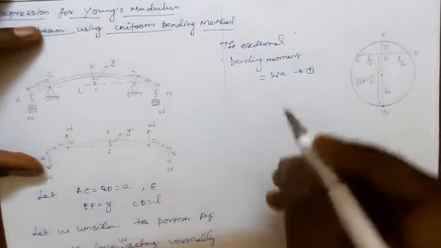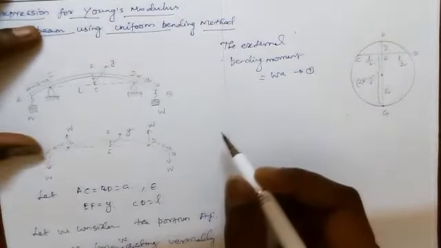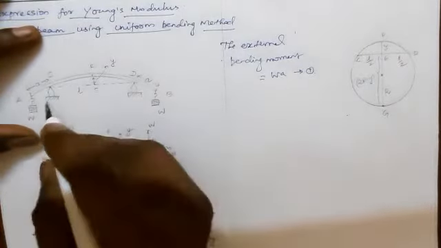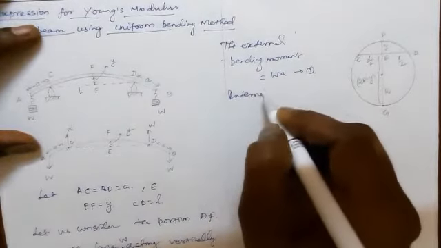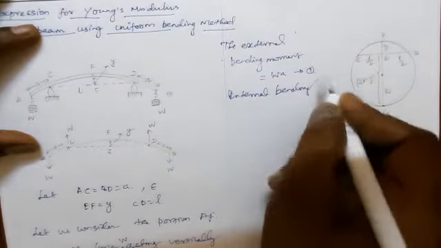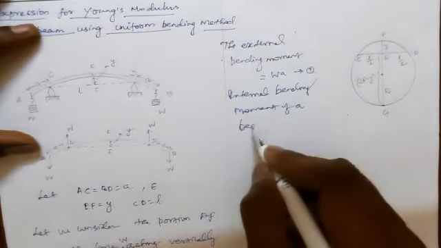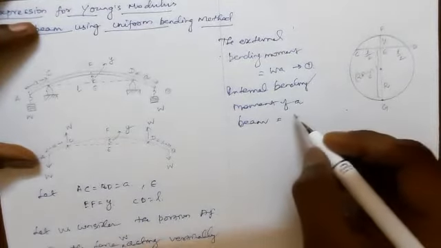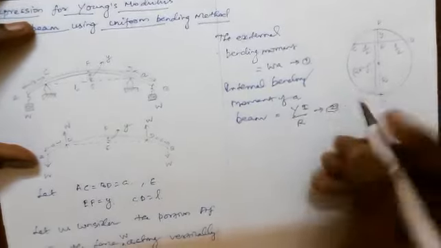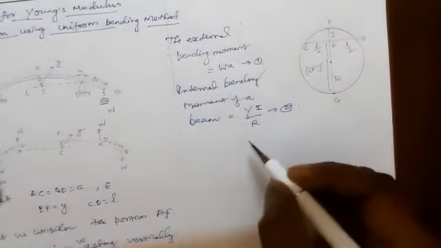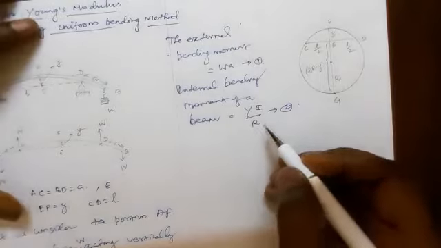We know that the internal bending moment of a beam is equal to YI divided by R. Equation number 2, where Y is the Young's modulus of the beam,